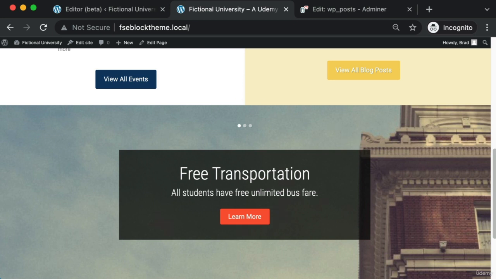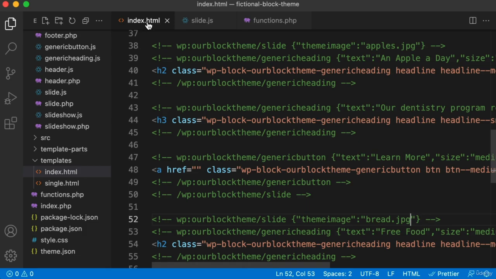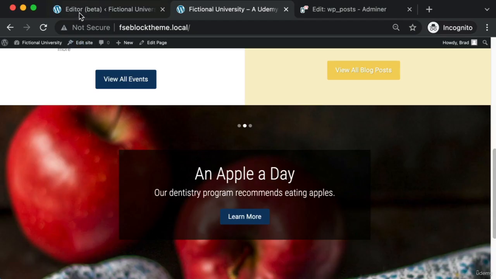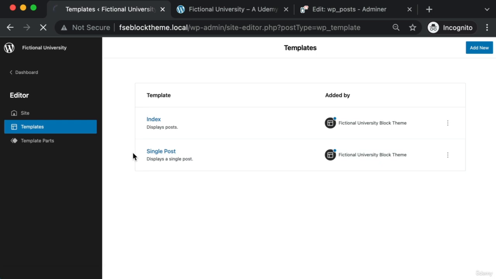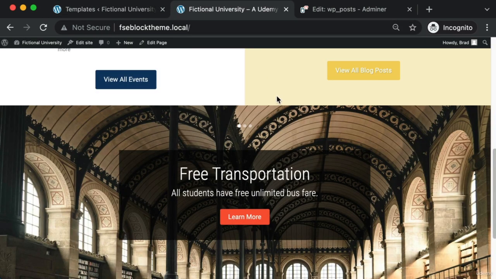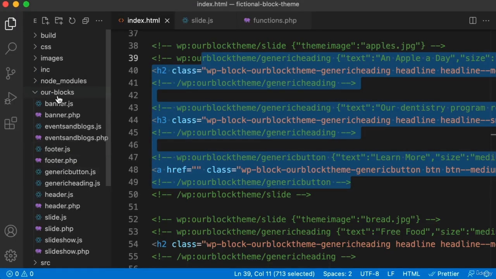If the user reverts back to the initial template that the theme ships with, so let me do that really quick. If I go into templates, might have to refresh, but on index, just revert or clear any user customizations. Okay, so we refresh. Notice that first slide on the actual PHP render callback, it's using the fallback image instead of bus.jpg. So to fix this, all we need to do is in the Our Blocks folder, jump into slide.php,